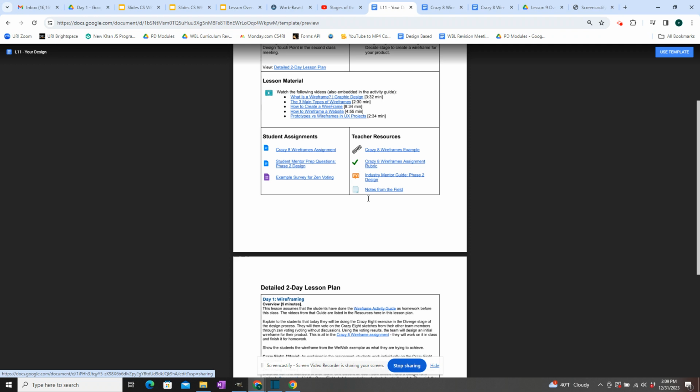Now, day 2 is a meeting with their mentor to discuss the design. So the student should be prepared to show their wireframe and talk through the design process with their mentor. And there's a mentor activity guide here that sets that up for you and the mentor so the mentor can facilitate the discussion with the students, asking the students to see their design, talking with the students about why they made design decisions,